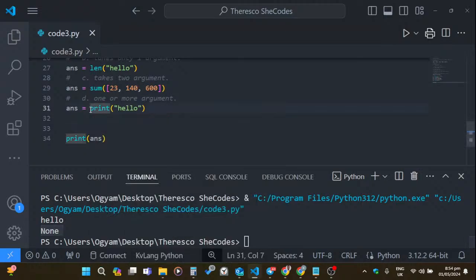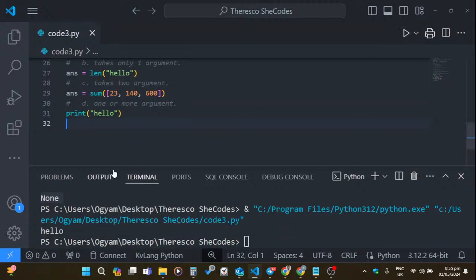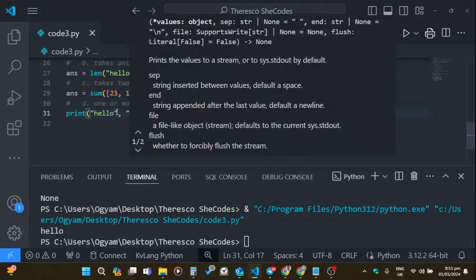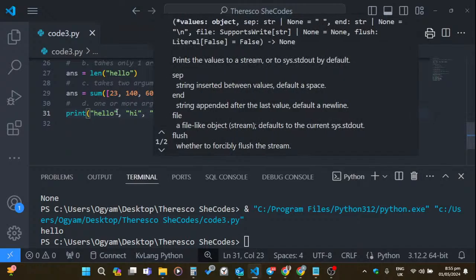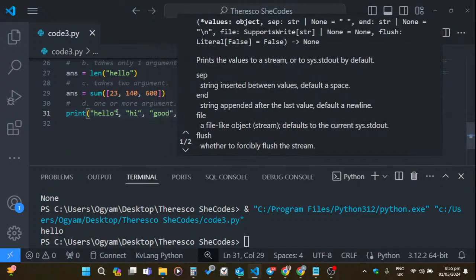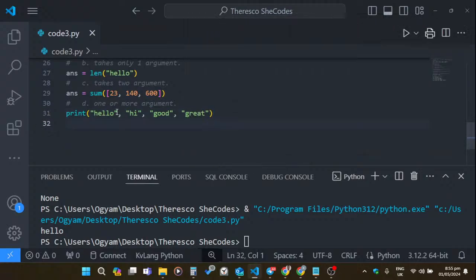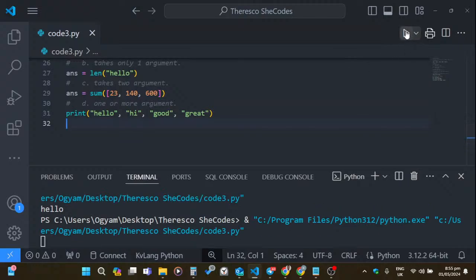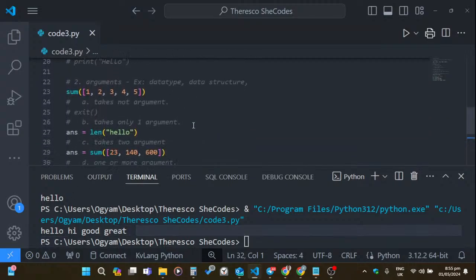Oh, sorry, you can't assign a print to a variable, you get a none. So when we run this, we get hello. So you realize that we can also put a comma and say hi, and put another comma and say good, and put another comma and say great. We can go on and on, and we get all of them. So this one takes an infinite number of arguments. Now that you know the structure,